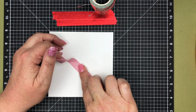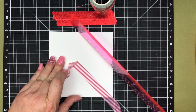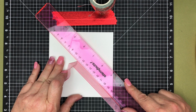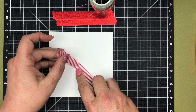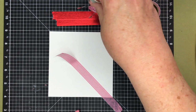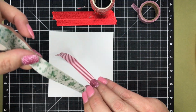I think that's straight, and I can almost not see my line myself. I'm just going to check it. Yeah, I think that's pretty good. I'm going to burnish that down, but I'm going to leave the end up. Take that off, and then I'm going to take the next one, which is ribbons, Christmassy ribbons,